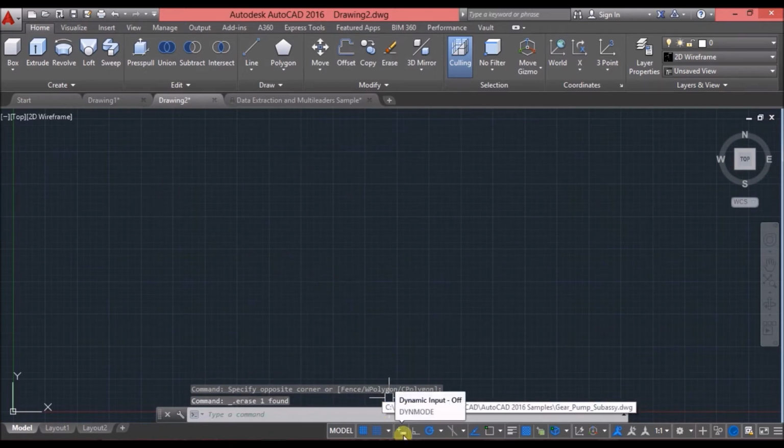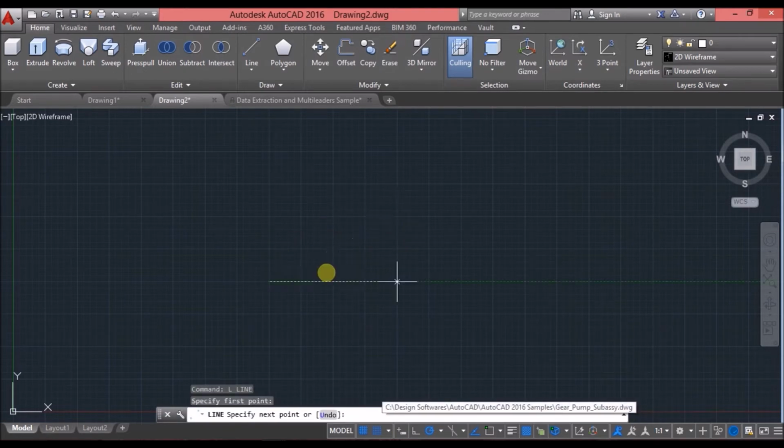Now next is dynamic input. When we start to learn AutoCAD, we don't use the dynamic input mode, because dynamic input is just a command bar near the cursor. As you can see, when I draw something, the cursor doesn't show anything. It is just a cursor and the line.